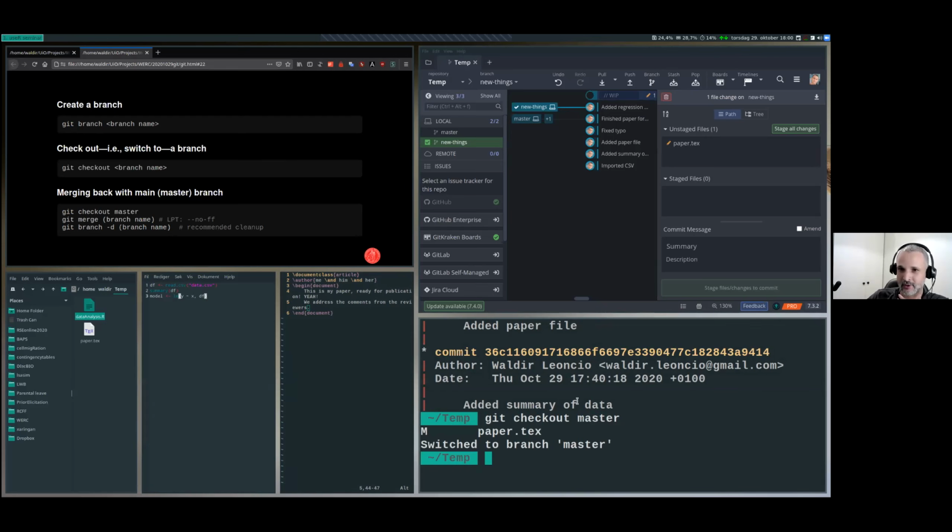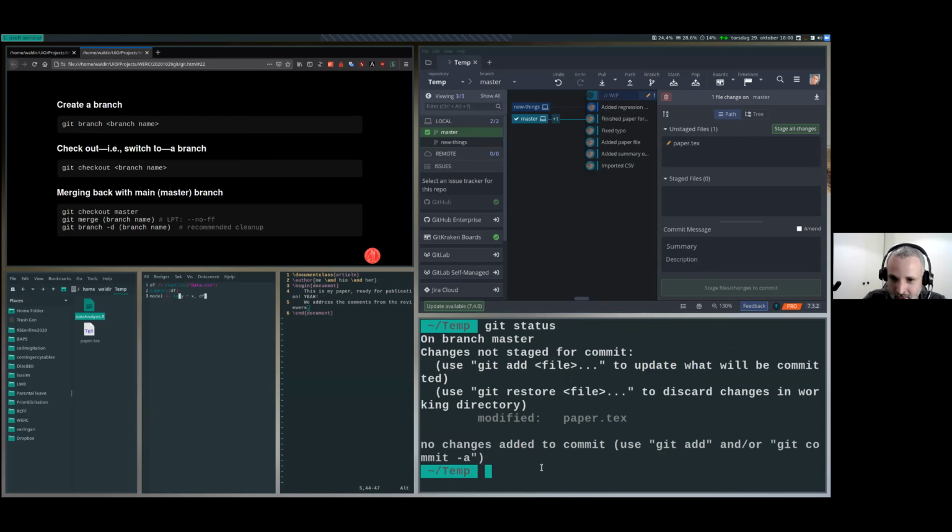So it switched to master. And if we do git status, you see that our changes are still there because they weren't discarded when we did the checkout. So now we're on master, and